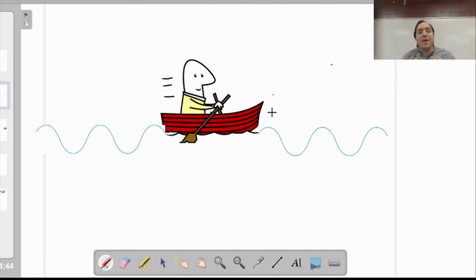Well, the rate he's making those waves is still constant. The rate they're being generated is the same. The difference is in what happens. Because the man's moving, the boat is moving, the waves distort. Because while the first wave will spread out in a nice even circle from the man, the next wave, instead of starting here at the center of the big circle, will start here,